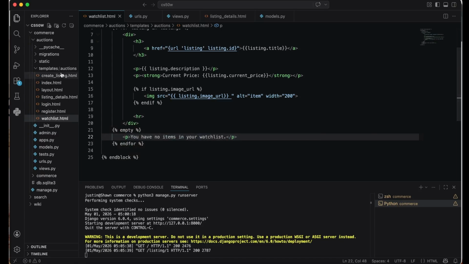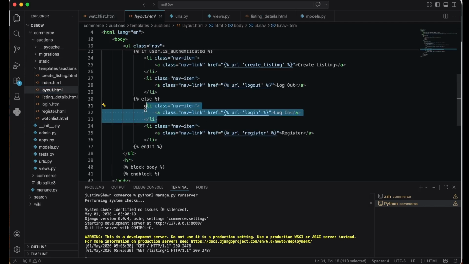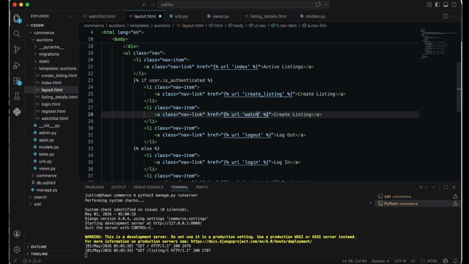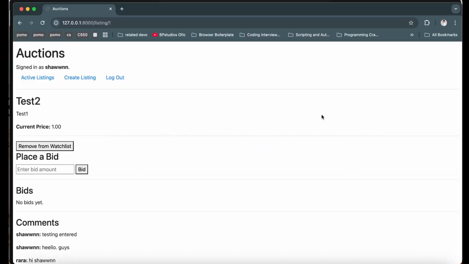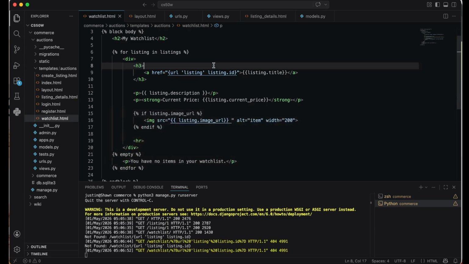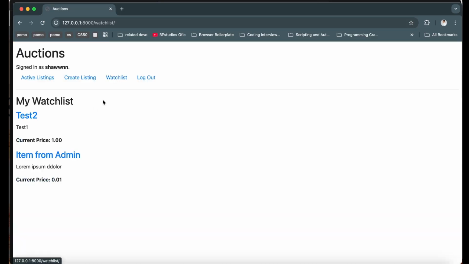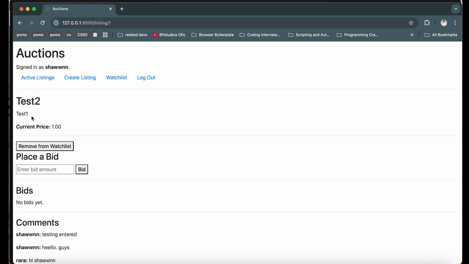We have still not called our template, our layout, our navbar. Let's add a navigation here. Let's call this watch list. Let's go. We encountered an error. So let's see the one that calls our, oh, it's not enclosed in Django format. Still no. Let's go to our watch list now. Click this and we redirect to our listing. Let's go.